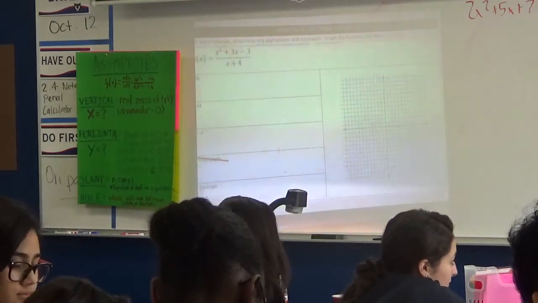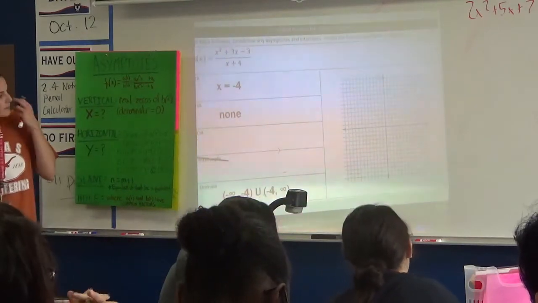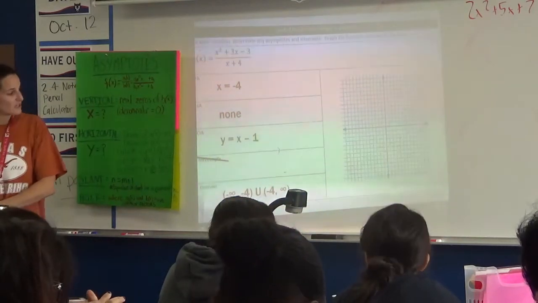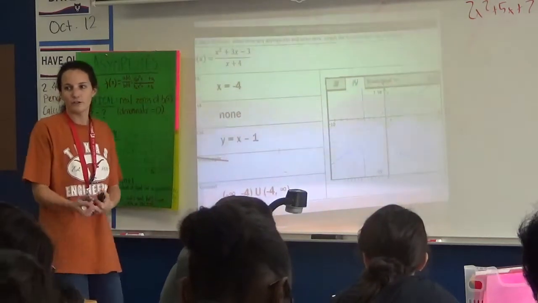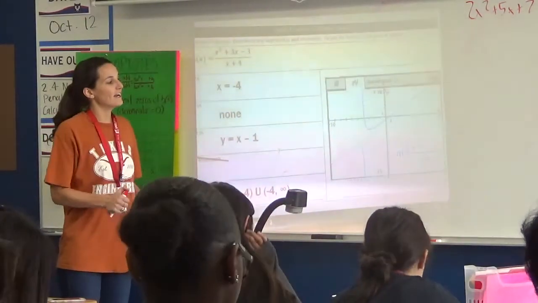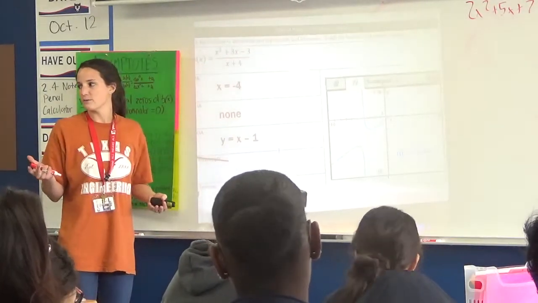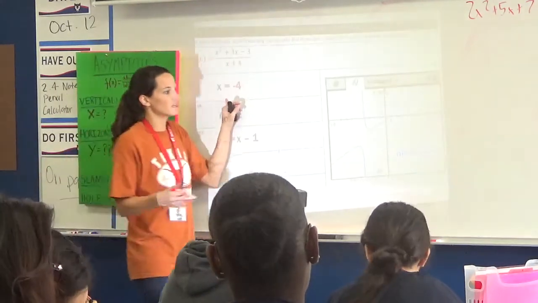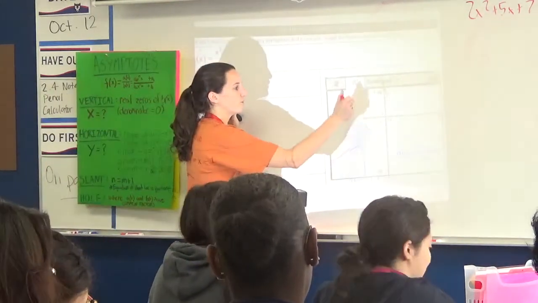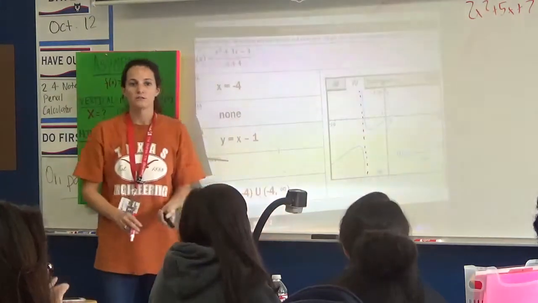I went around and saw most people, so I'm just going to put up answers for people that maybe didn't get a chance to get checked off by me, and you can self-check them yourself. If you look at our picture here, I like to look at the graph to make sure our answer makes sense. I should have a vertical asymptote at -4. 1, 2, 3, 4. Here's -4. Does that look correct? Yeah.